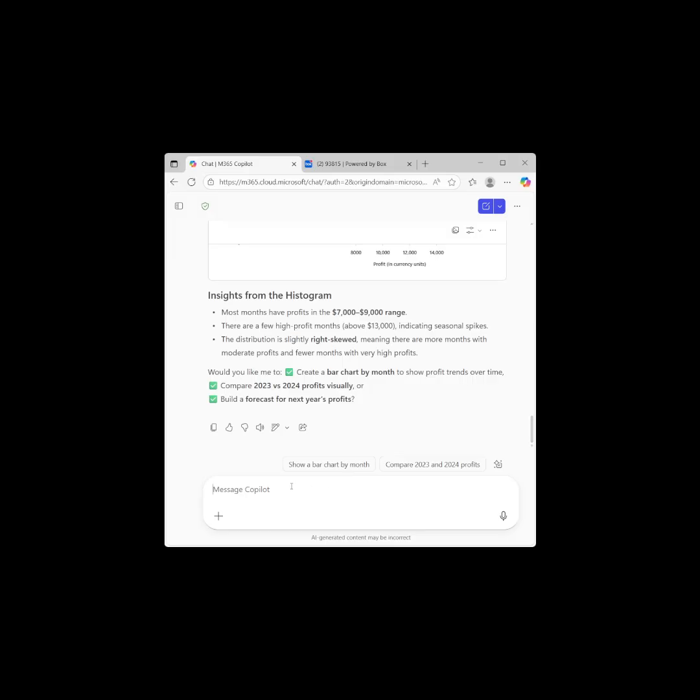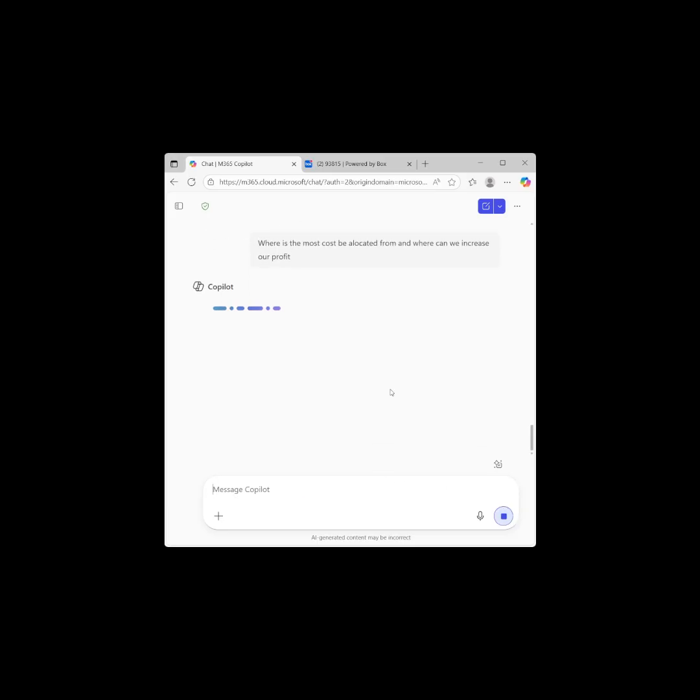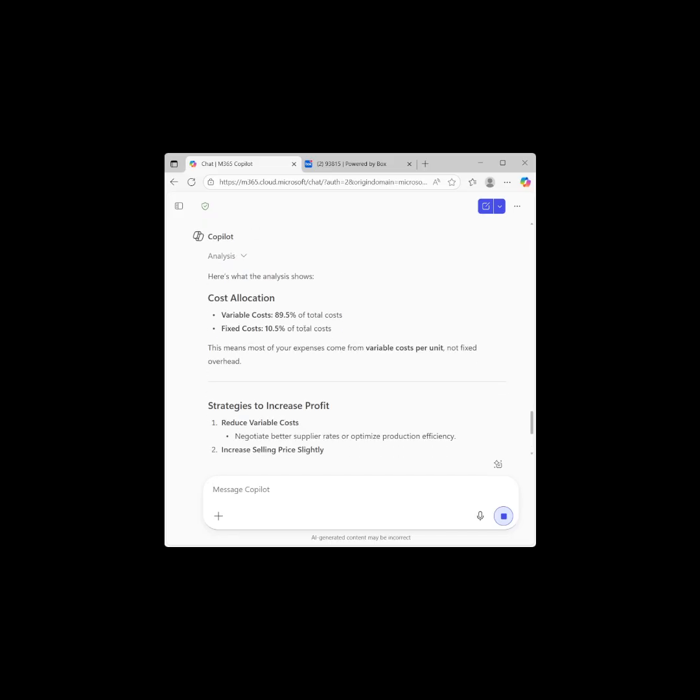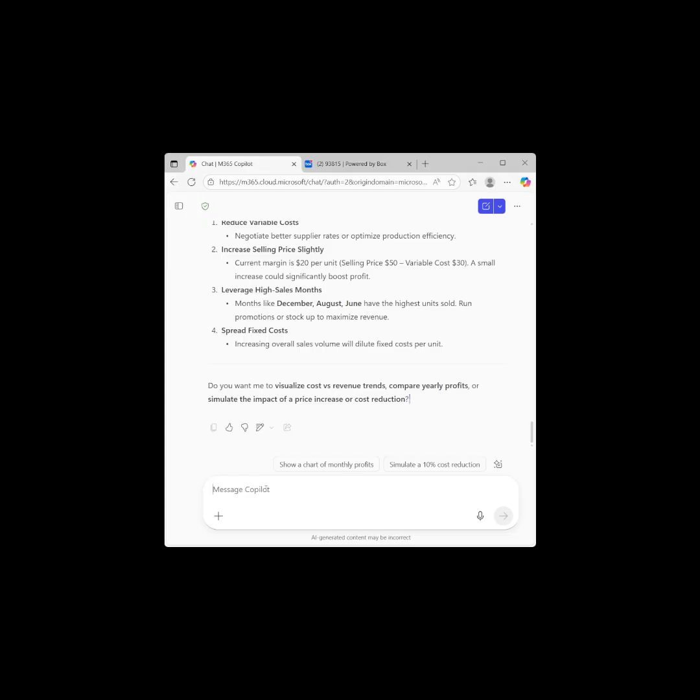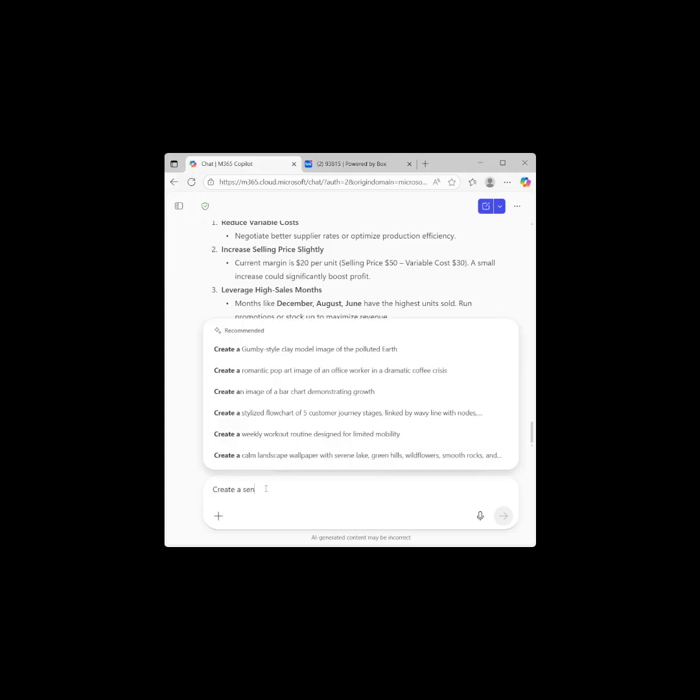So let's ask it where. It's going to give us the big factors that are affecting our profit in this data set. Look at that. Variable cost obviously is affecting the profit the most. So let's ask this to create a sensitivity